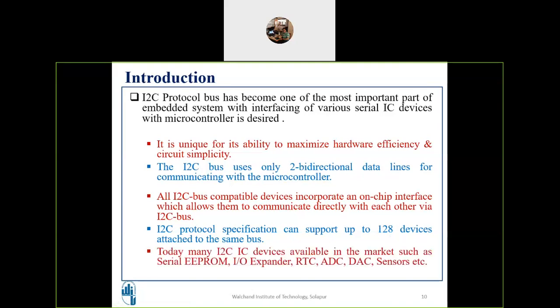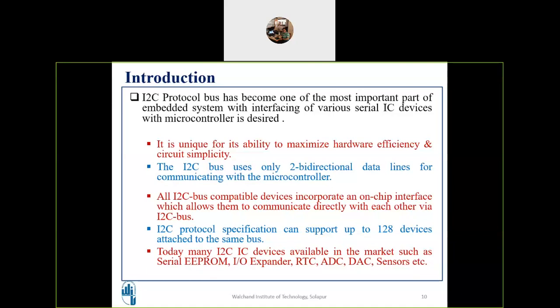So where are we using it exactly? Serial EEPROMs, IO expander ICs, RTC real-time clocks, serial ADCs, serial DACs, and some sensors support I2C, and all those devices can be connected to a PIC microcontroller because it supports I2C. Remember, the traditional basic 8051 microcontroller supported only UART, universal asynchronous receiver transmitter.